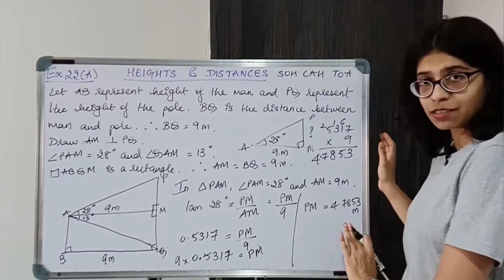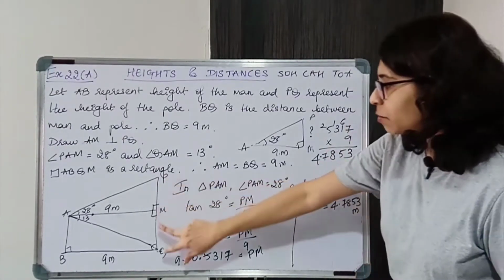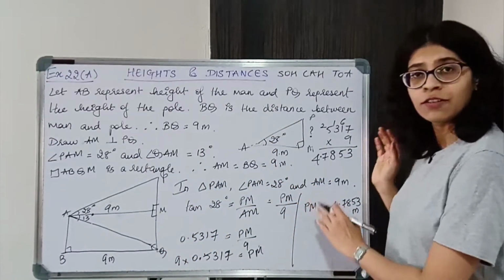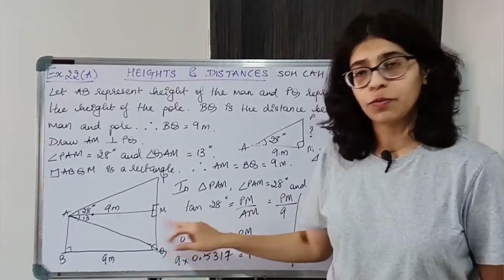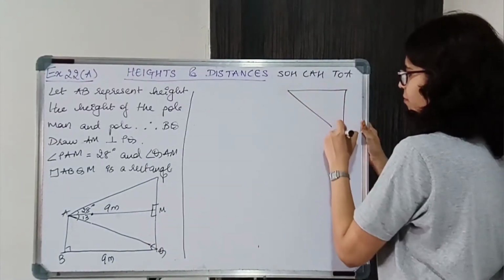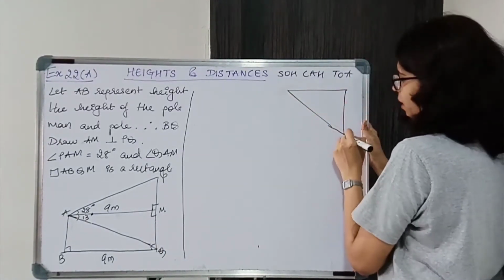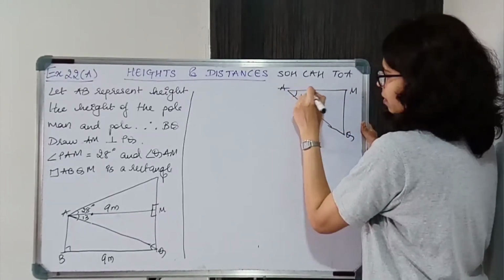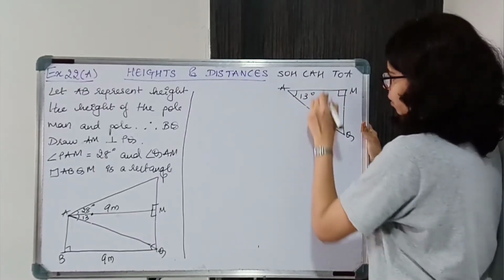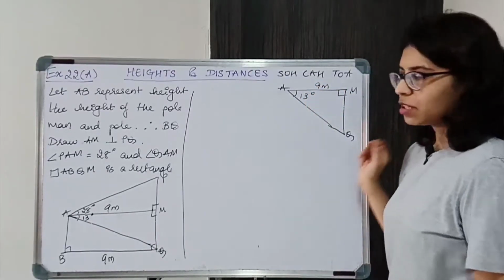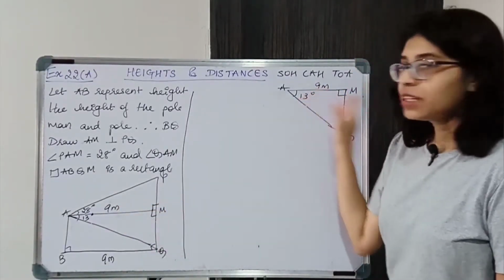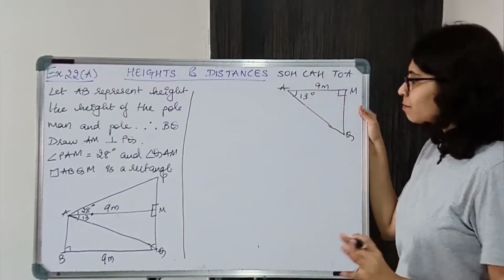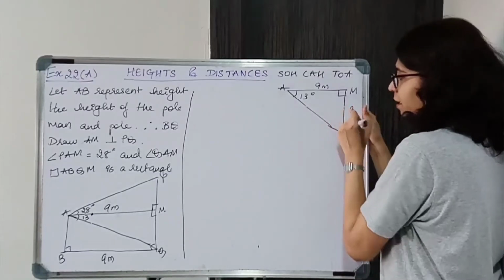now, keep it as it is, after adding PM and MQ we'll round it off। So PM is 4.7853 meters, we found this, we need to find QM now। So triangle QAM, this is 13 degrees, this is 90, okay, and this is 9 meters। Now just draw this separately for understanding, ठीक है। You can also draw this separately, all right।